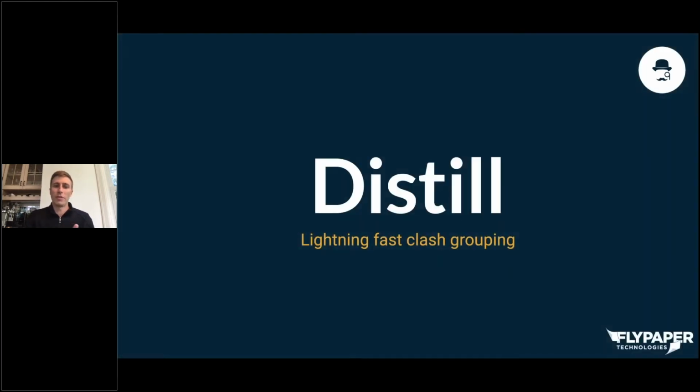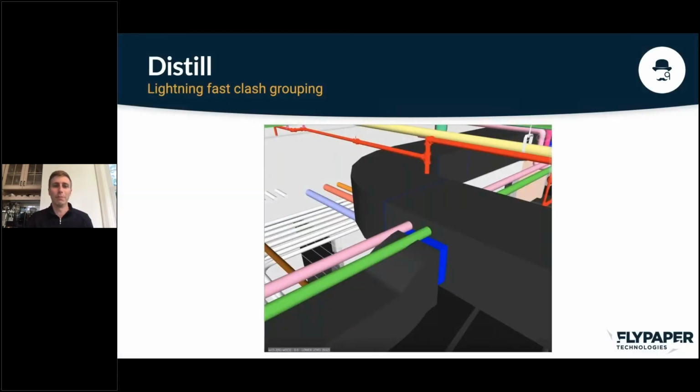which is just a very simple way to point out a location to someone in a coordination model. So I'll start with Distill. This is our lightning fast clash grouping algorithm. To tell you what the problem it's trying to solve is,